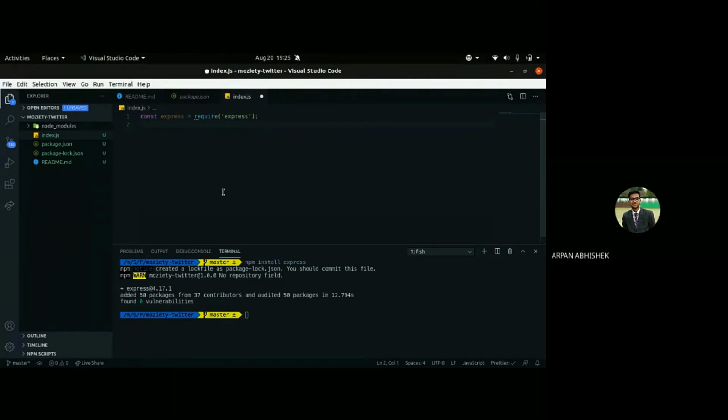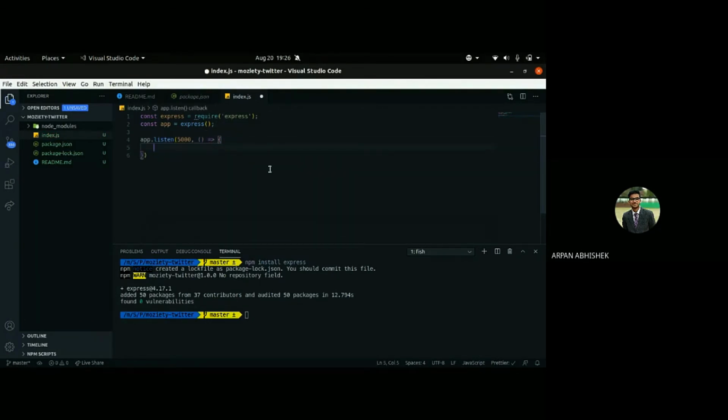Okay, so const express equals express, and we have to initialize an app and call the function so that this app will be used for the rest of the code. And we can say simply app.listen, and we can give it a port like 4000. Actually, I don't know if that's available. 5000. Yeah, and we can pass a function,